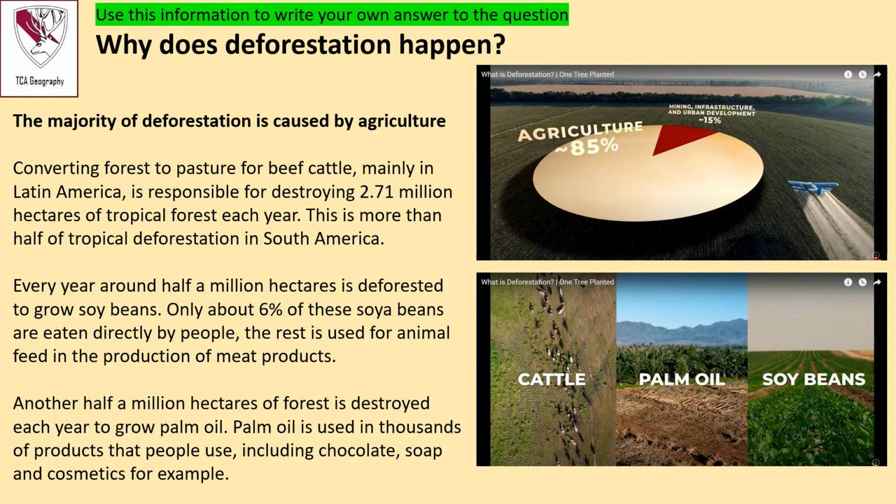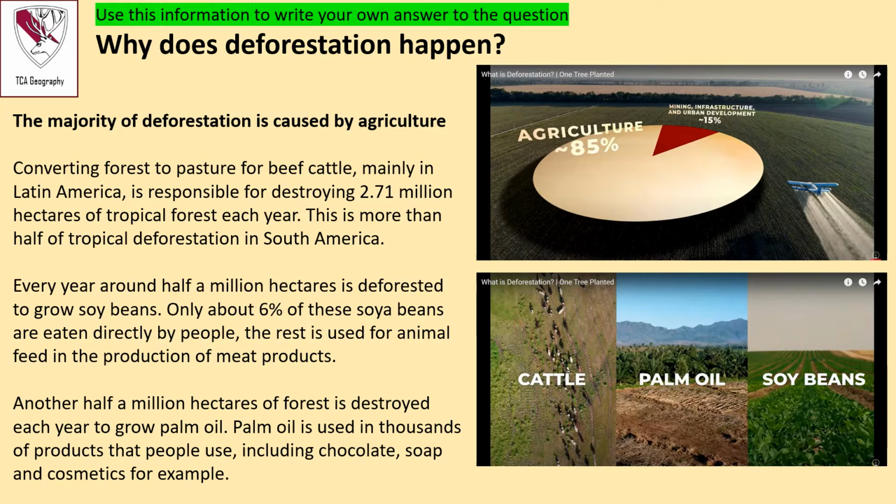Now then, you don't need to write this down, you just need to read it, look at the pictures and listen to me. So why does deforestation happen? Well, we saw in that video that the majority of deforestation is caused by agriculture. Agriculture means farming. Now, converting forest to pasture for beef cattle, mainly in Latin America, so mainly in